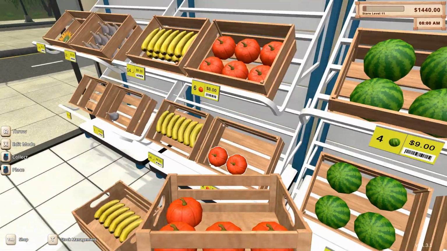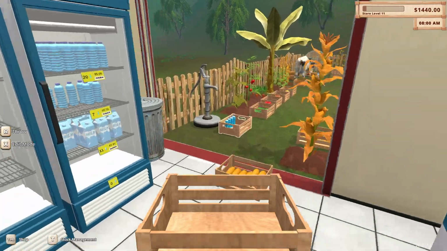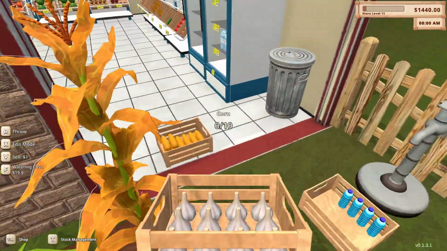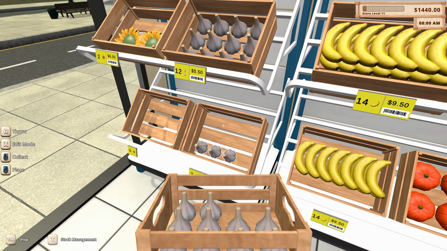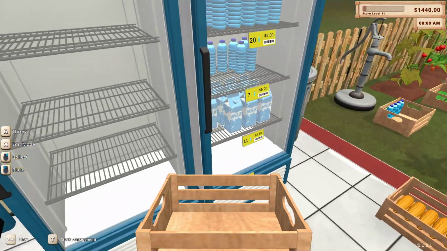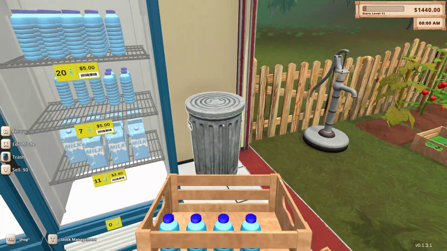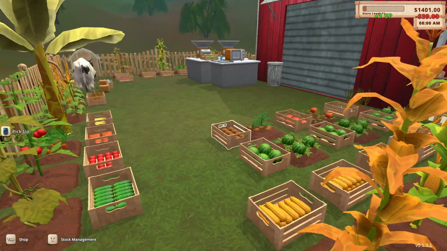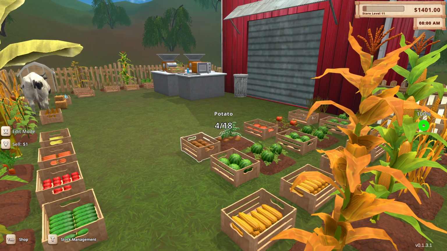Pumpkins. Garlic. Annoyingly, we've got 3 left. That water can go on here. We'll have to get some more water made because we're probably going to need it over there. So I think we'll definitely...